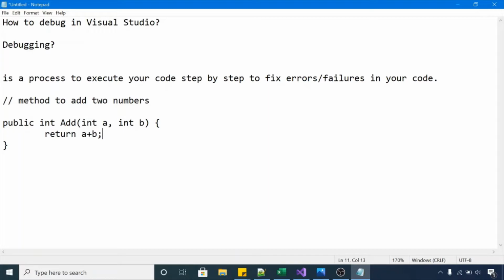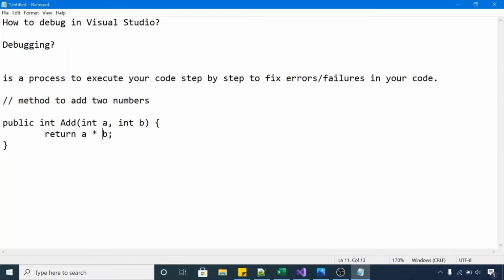Or another issue can be this operation is wrong. The code written here is not correct. Okay, or there can be some ambiguity. Or third issue can be you are returning something else. Or fourth issue can be it is throwing some exception. Okay, let's suppose you are passing two numbers here, integer a and integer b. Now integer has one maximum length, right? And you are trying to perform a multiplication here, and there is some exception.